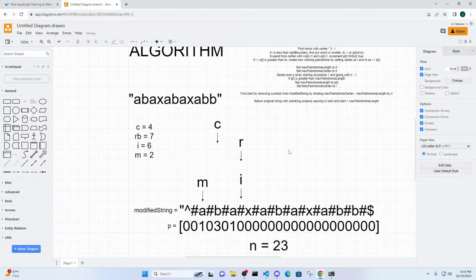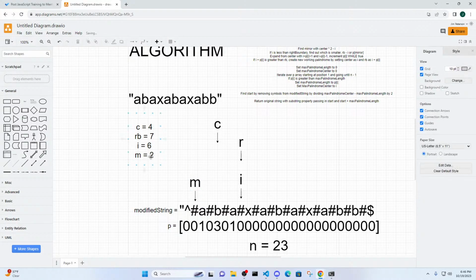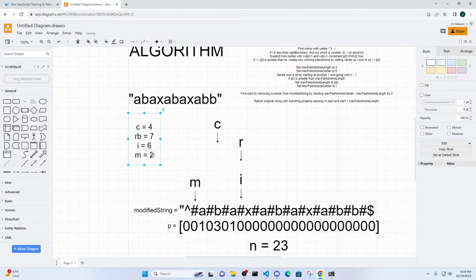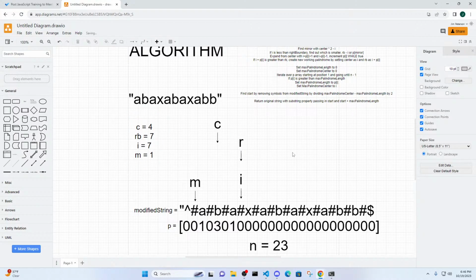This next character becomes a little more interesting and a little bit more clear as well. As we increment I, we also decrement our mirror. So let's set this as 1, and this is 7. Same thing: the first thing we do after we find our mirror, when we start a new iteration, is check if I is less than the right boundary. I is not less than the right boundary;